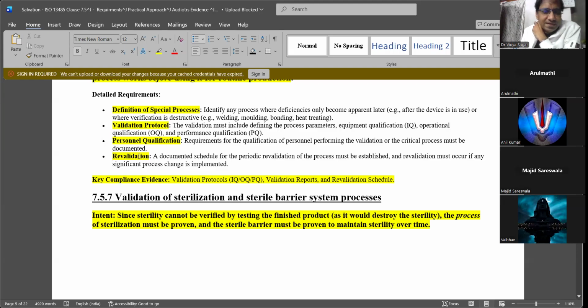So key performance, we are looking at revalidation. You can revalidate based on, again, the sensitivity of the machine, the parameters which you are monitoring, and the tolerances. If you have broad tolerance, it's fine. If you have very narrow tolerances, you need to revalidate every 2 or 3 months. Some machines we revalidate yearly. Some, like sterilization, we need to do repeatedly because it carries a high risk. So high risk devices, equipment, machines, you need to revalidate quite often.